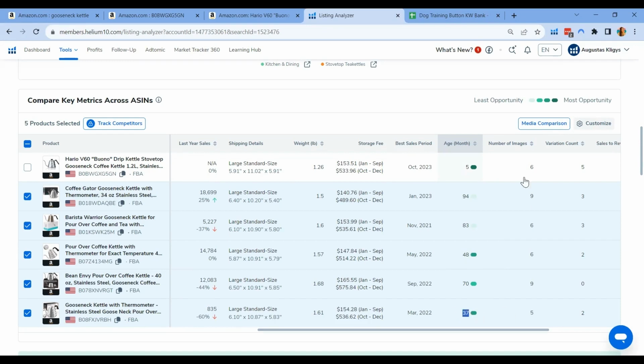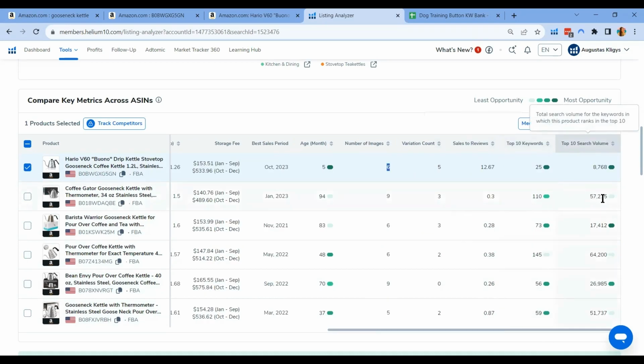This also tells me that only 2 of my competitors are optimizing their images. So 2 have 9 images. They're really maximizing that space to inform and give customers a decisive edge to choose their products. So I'm looking at my chosen ASIN here, and I only have 6. That's also one thing that I can point out, to maximize our product images. Those 3 images could be our unique selling points, our competitive edge, how we are unique from the others.